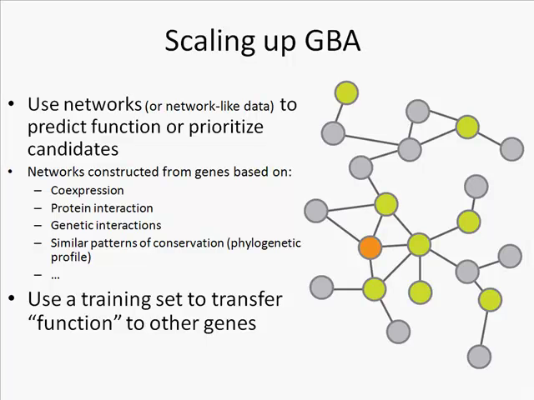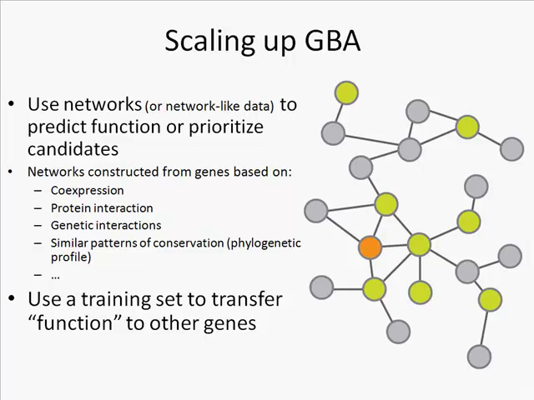The basic idea has been used in computational biology a lot, and a lot of the tools that biologists now use to analyze their high-throughput data use this kind of idea. So they use networks, or data that can be thought of as a network, to predict function or prioritize candidates. And again, there are all these different ways of defining the links between genes. In the common paradigm for actual function prediction, where you're using a machine learning method to predict function, to evaluate your method, you're going to use